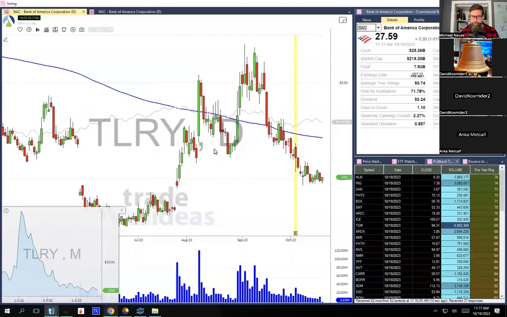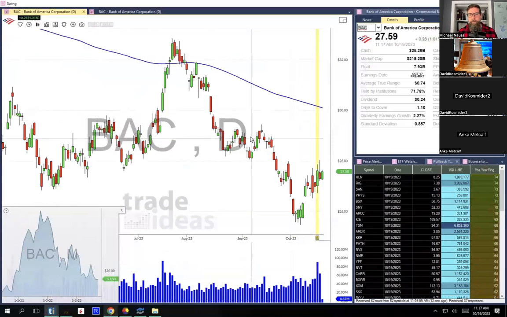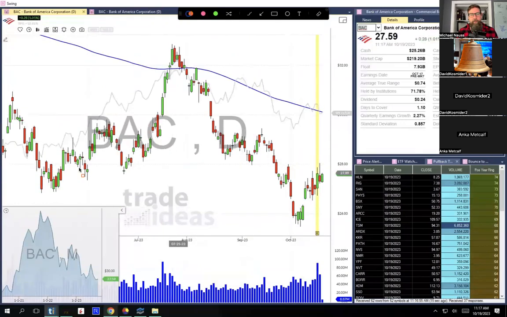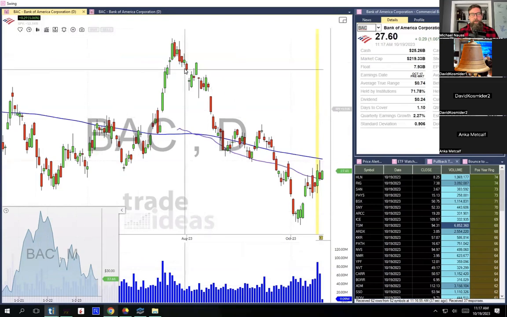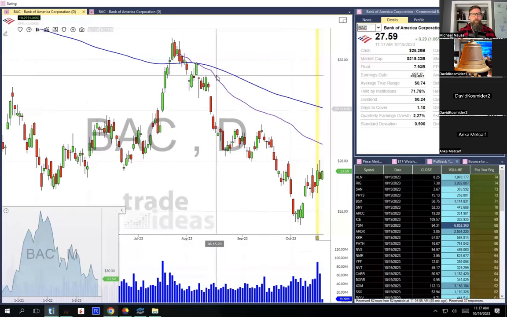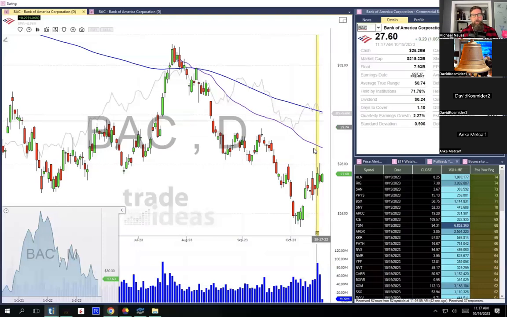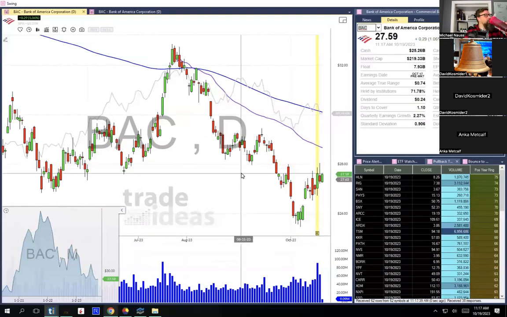So Bank of America, earnings for a lot of these things. Yeah, so this is stuck below this overhead supply, right? This was support in through here and then back through here. You can see it sold off below this 28 level and then bounced as resistance, sold off again, and now it's struggling with 28. So I think Bank of America, it's 28 or nothing. If you can get above 28, that's fantastic. If not, I think you're in trouble. And again, below a declining 200-day moving average.